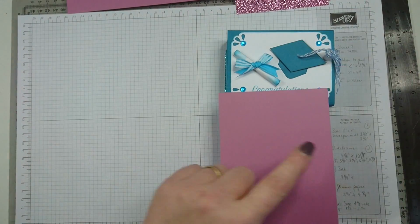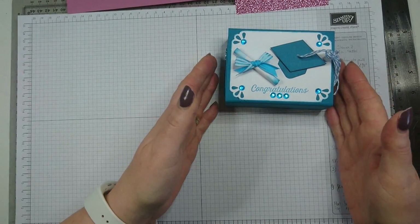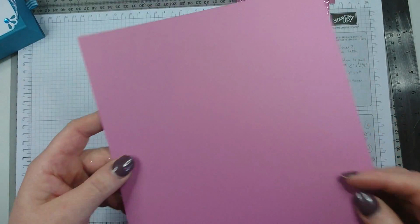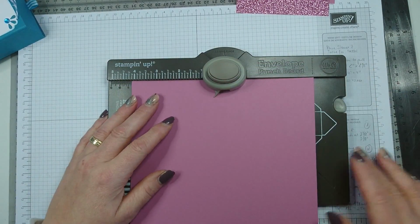So it's just the width of the box, 4 1/4 of an inch, and then the full length of your piece of cardstock. So let's begin. First of all, we need the envelope punch board, and we need this piece of cardstock which measures 8 by 8, and you're going to put your